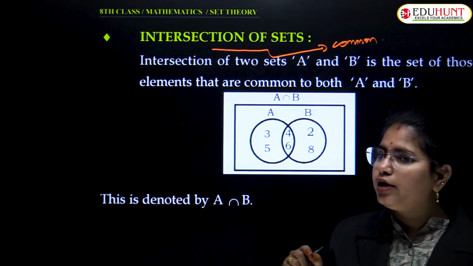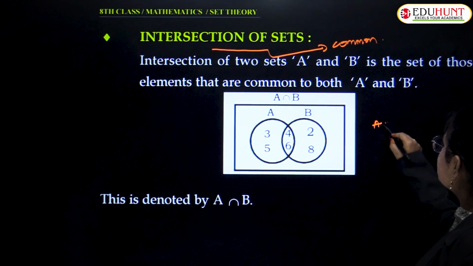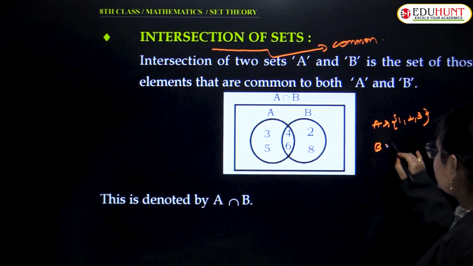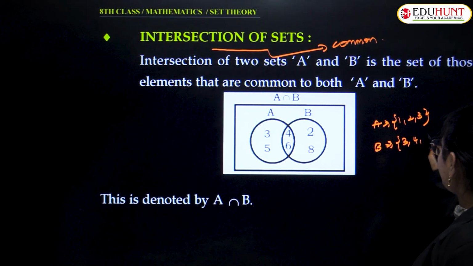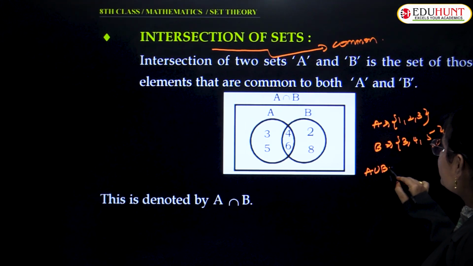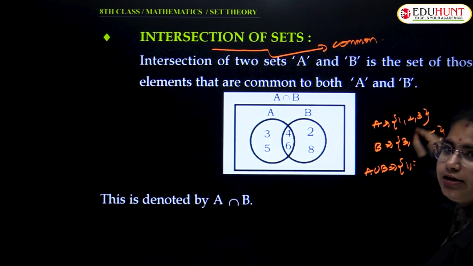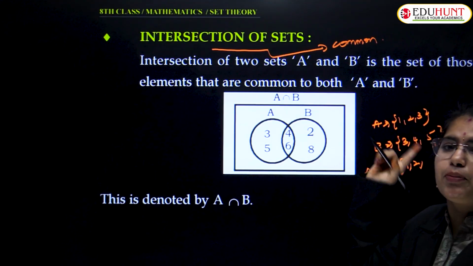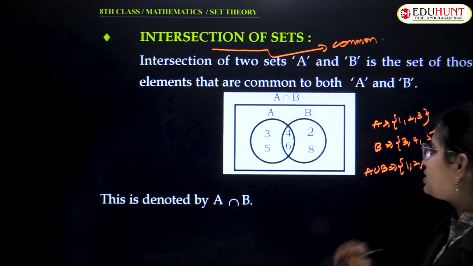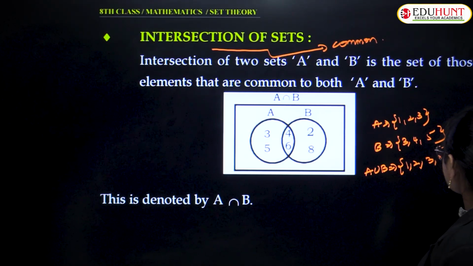Am I clear with this point? For example, A is equal to 1, 2, 3. B is equal to 3, 4, 5. If it is A union B, how are we going to express it? You will express 1, 2, 3, and 3 is repeated. Repetition is not allowed here. That is an important point. Already I have mentioned it. So 3 you will write one time, and 4, 5, right?